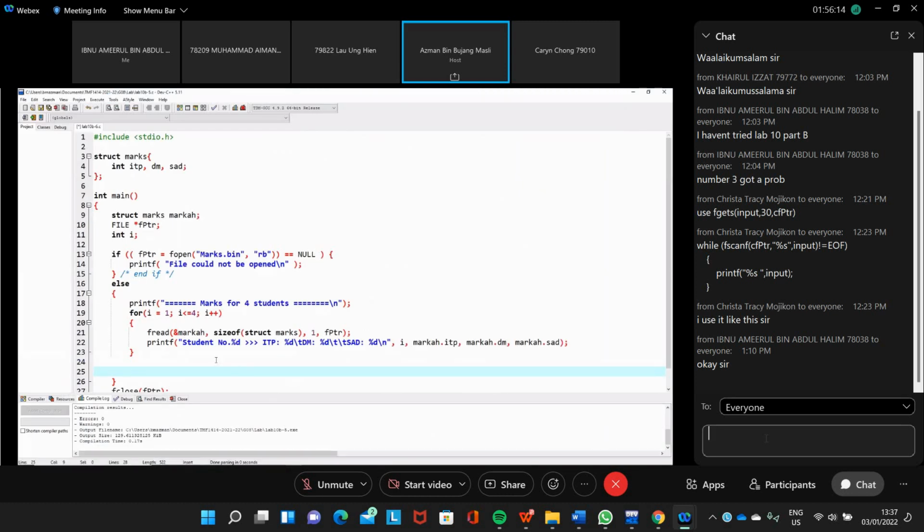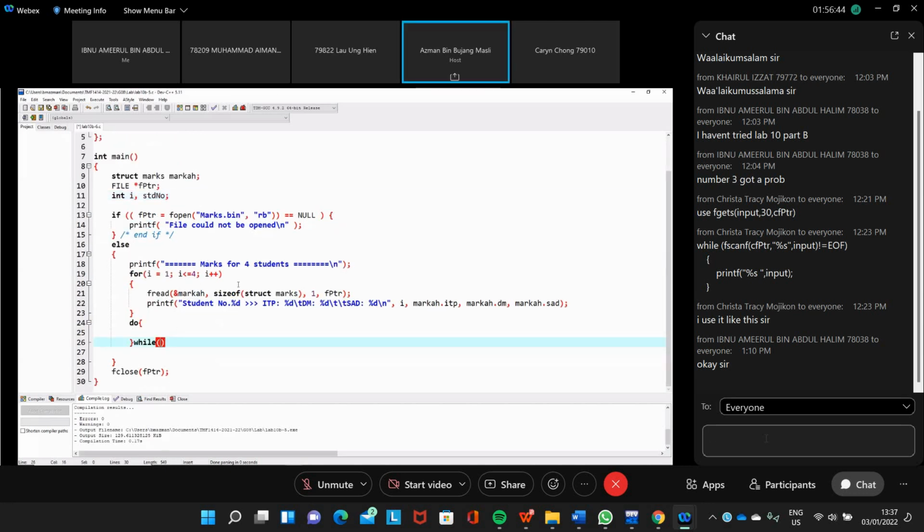What we can do is repeatedly do this, so we can use a do while loop. Do this, while we search for student number. We can create one variable here, student number.